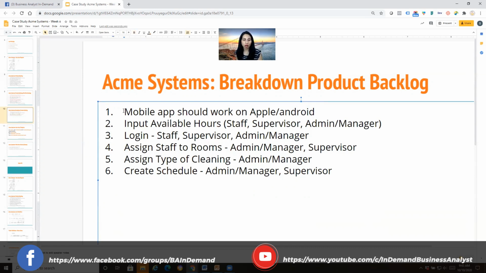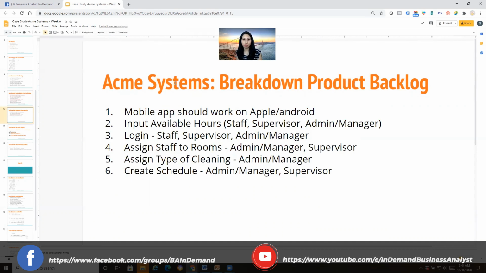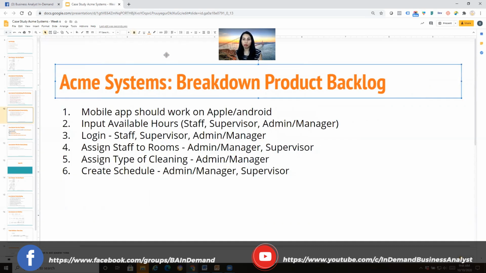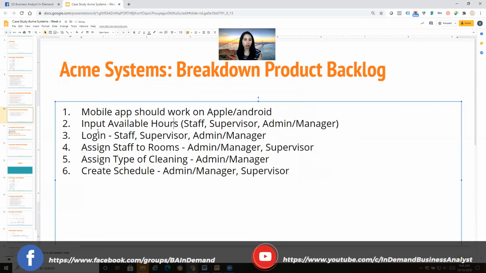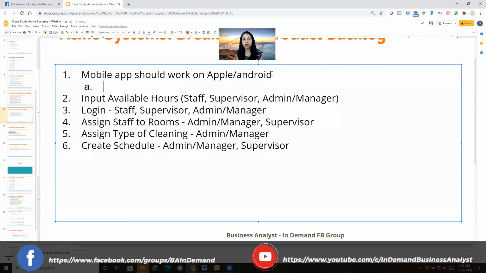So let's say your product manager comes to you and says, I want these 6 things to be in the first release, which is a lot of work. Typically not all of this would go into your first release, but let's see how we could try to break it down. You would be doing this with your technical staff, your developers, your QA staff, because anytime you're trying to